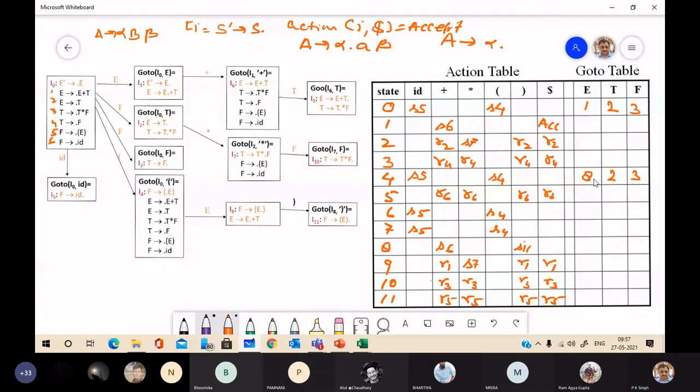So 3. Now come to this. You have T and F just after dot, so you have to make entries accordingly. Goto I6, T will give I9. So here you must have 9. And goto I6, F is 3. So you have 3.